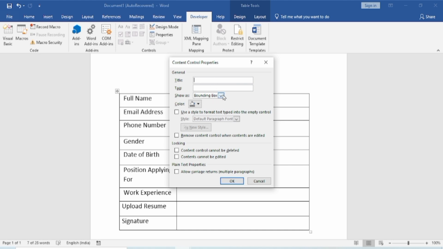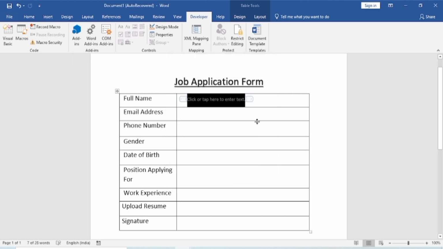Click Show as drop-down and choose Start or End tag to add in the field. Once done, click OK. We successfully customized the field. Now, I am entering the sample name ABC.